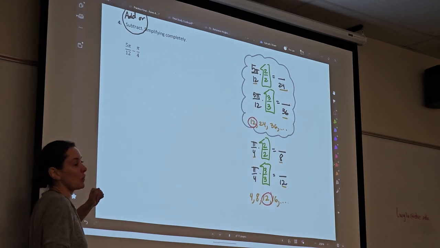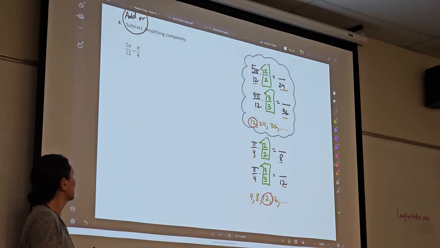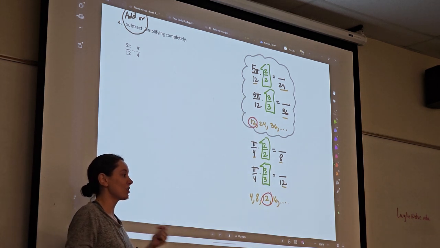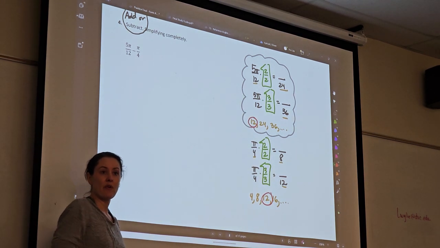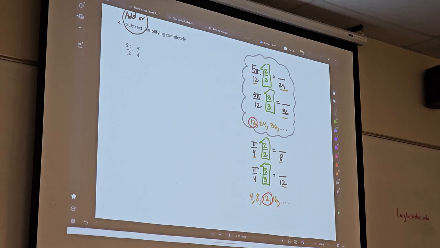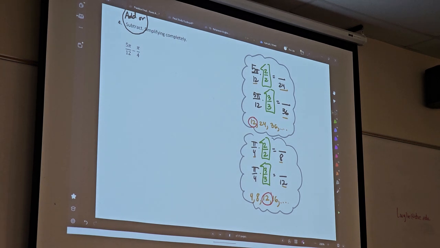Right? So 5 pi over 12, they're already 12ths. Pi over 4, those aren't 12ths. Any questions on this strategy? Okay, good. So I'm going to take that pi over 4, and I'm going to say pi over 4 is equal to itself times 1 in the form of 3 over 3, because now 3 pi over 12, now I've, in fact,